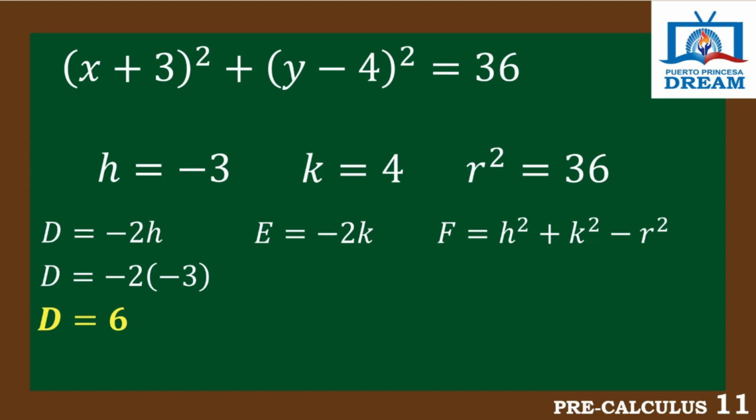Next is to solve coefficient e using the formula negative 2k. Substitute the value of k, which is 4, and it will become negative 2 times 4. And that is equal to